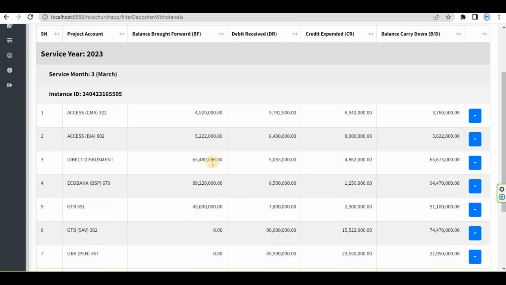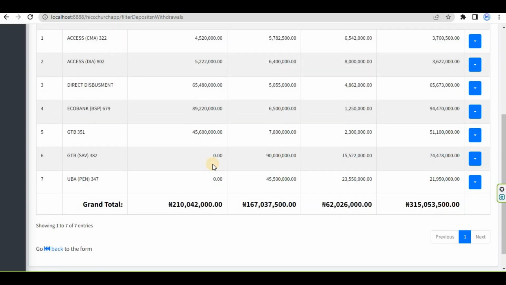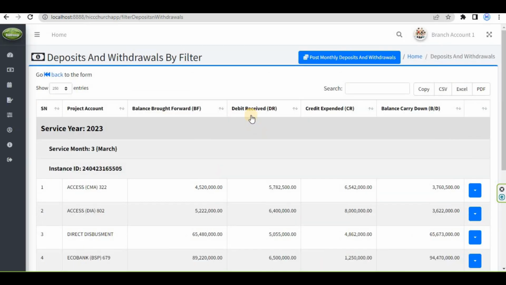Now if for any reason you forgot to add some records, maybe debits or credits or even balance forward from February into March, this is the right place to do that. No, sorry, you can add balance brought forward here, but you can add debit and credit there. I'm sorry for that. So if you want to add more debit and credit,